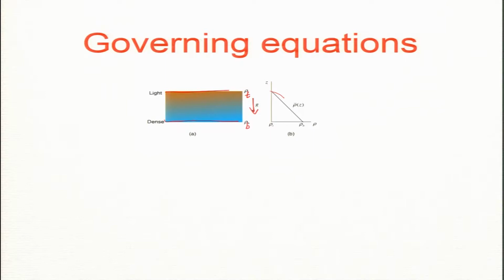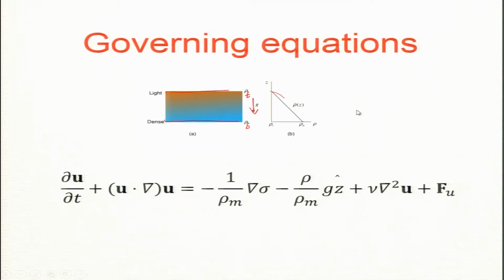So, what is the equation for this? The equation is very similar to what we derived for the scalar field, now with a slight modification. I am just going to show you the equation with the PPT. These are, everybody knows this, the pressure gradient and viscous term. This F_u is the external force, which I should write as F_u external, but the gravity force is here.